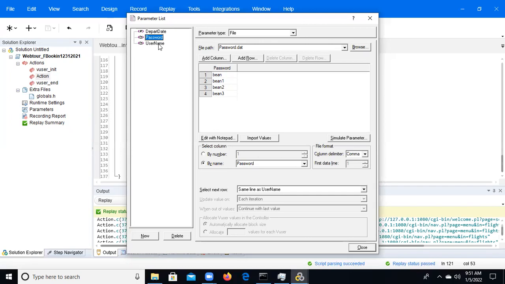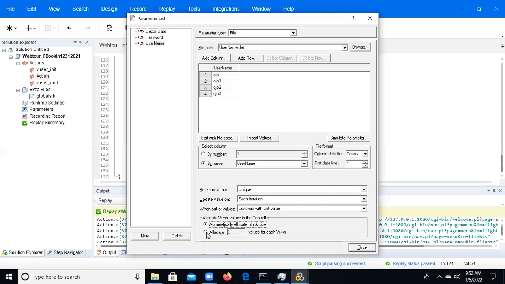For example, I am selecting here and we need to select unique only. Here you can select automatically allocate block size. Otherwise, we need to give the block size, for example every two users as a block. Then every 2 users will be a block. Otherwise, we do not need to give this, and the block size will be allocated automatically.